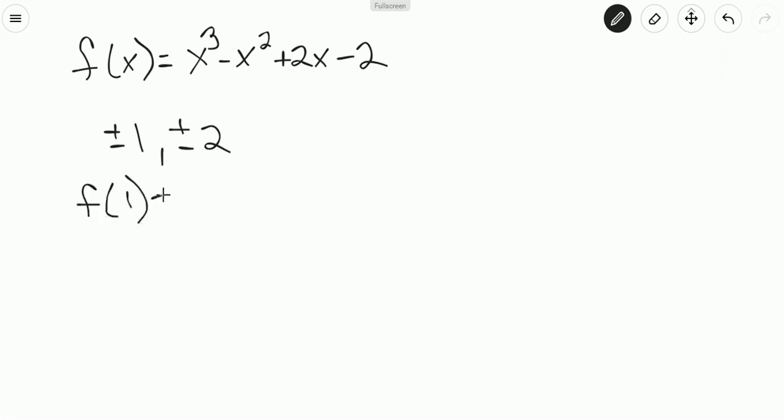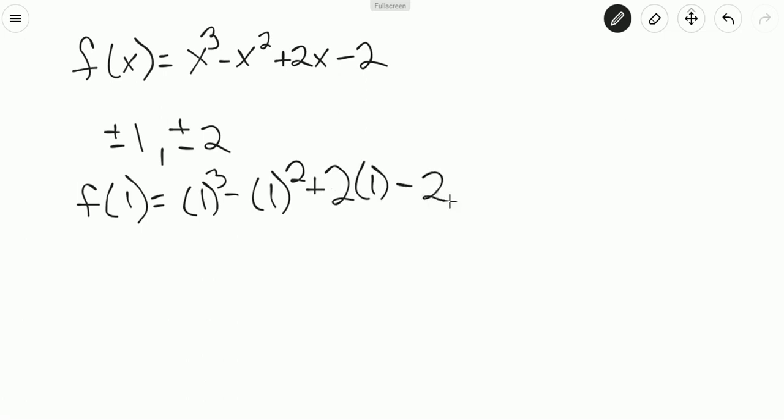So f of 1 equals 1 cubed minus 1 squared plus 2 times 1 minus 2. So we're left with 1 minus 1 plus 2 minus 2. Okay, so our first try gave us a 0. So now we know that x minus 1 is a factor